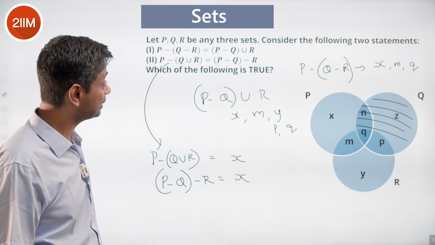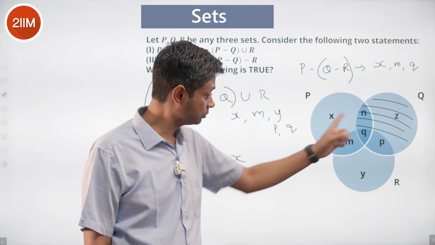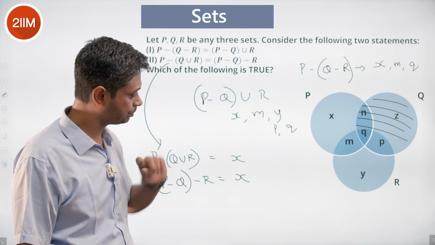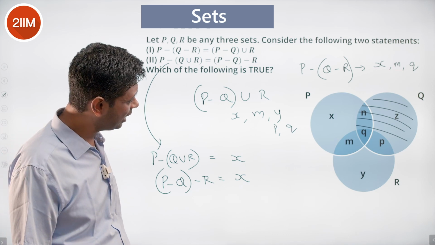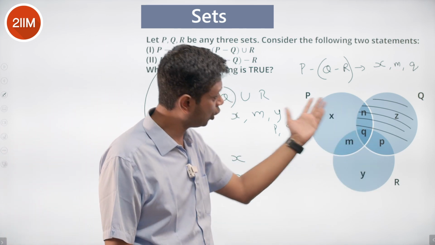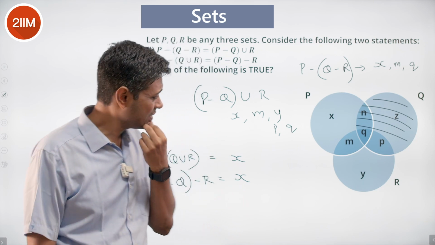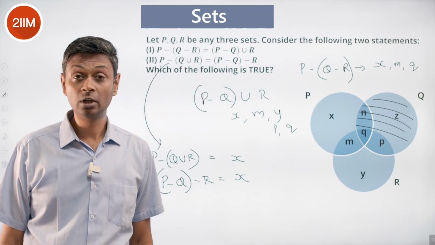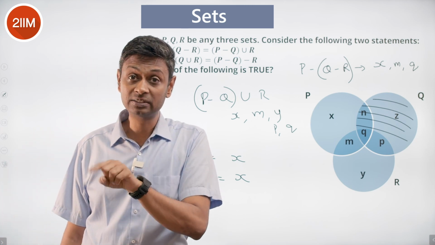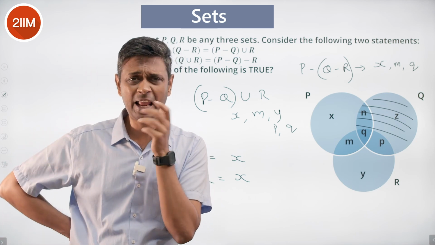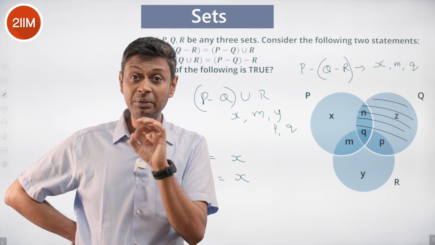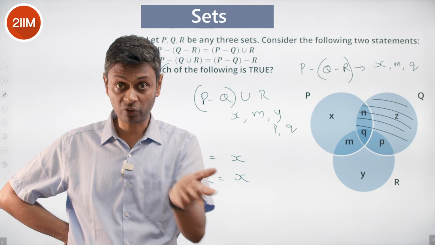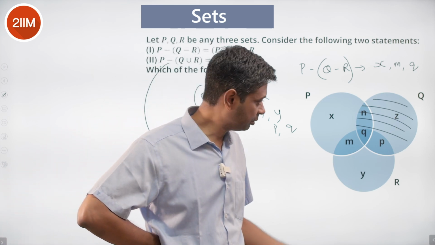P minus (Q minus R) is regions X, M and Q. This is X, M and Q plus P and Y. And P and Y are elements in R but not in P. If they are elements in R but not in P, then these two won't work. But there are no elements in R that are not in P. That's every element of R, if it were also an element in P. In other words, if R were a subset of P, this would be